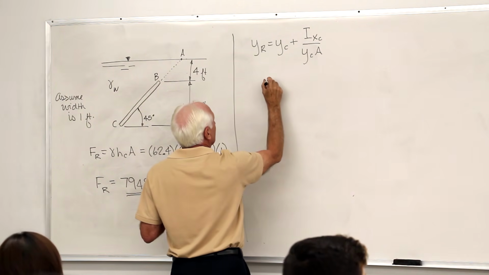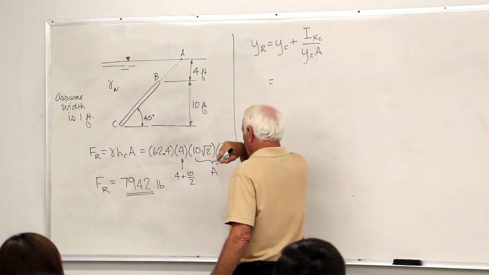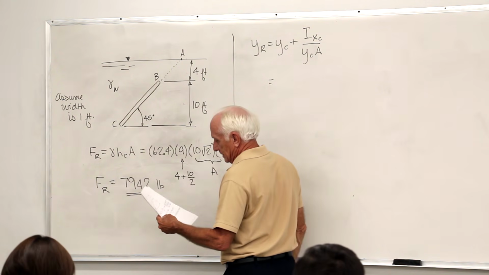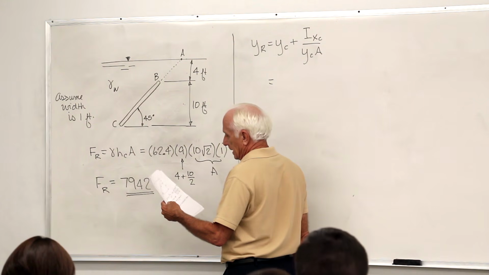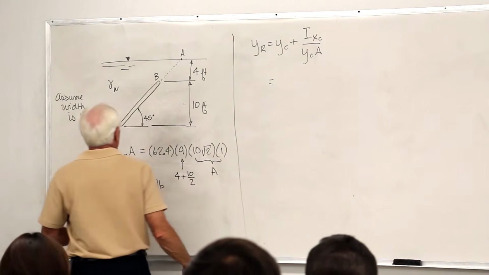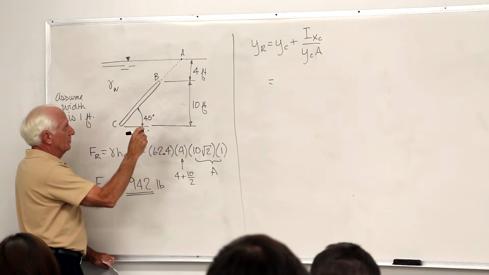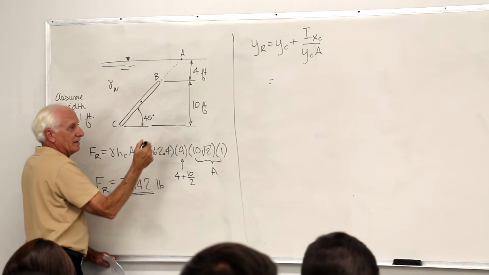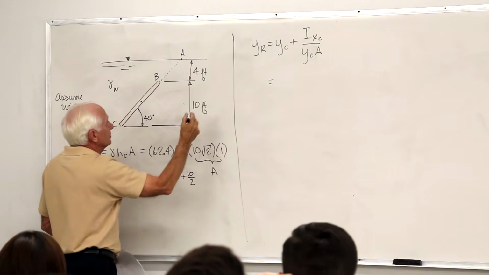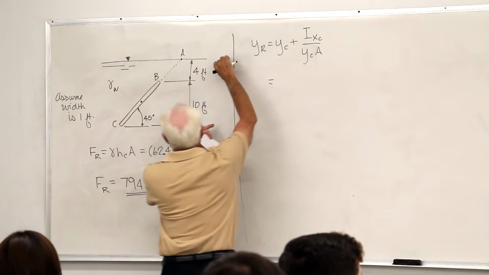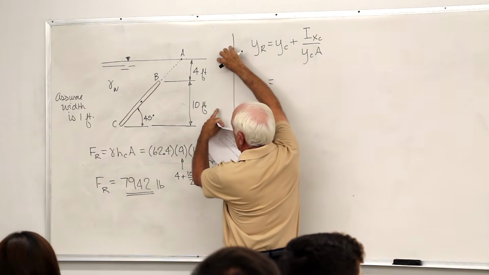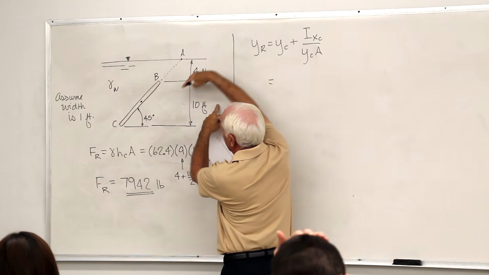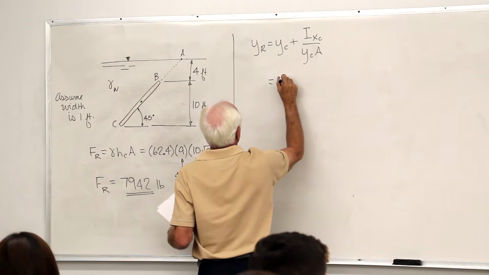Okay, I just found our y sub c is the incline. The incline is 9 square root 2. Okay, where's the centroid? Right here. How far vertically down? 4 plus 5, 9. Okay, so 9 top to centroid, 5 and 4 is 9. The incline distance? 9 square root 2